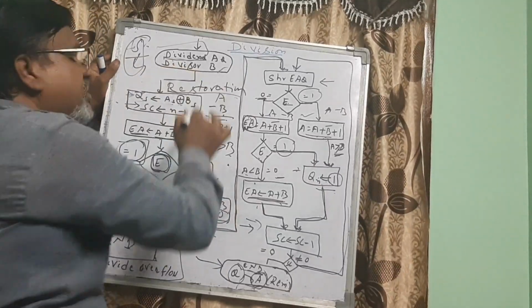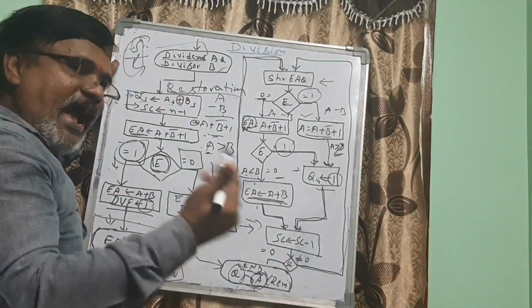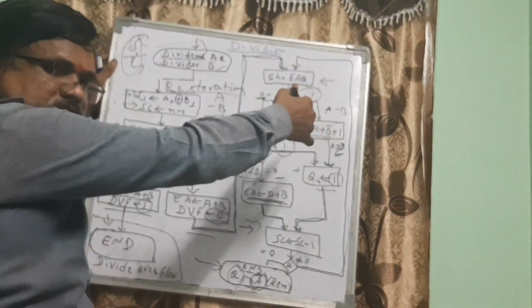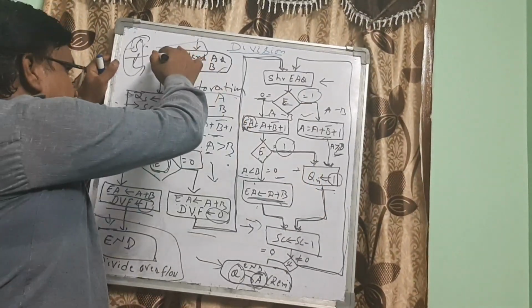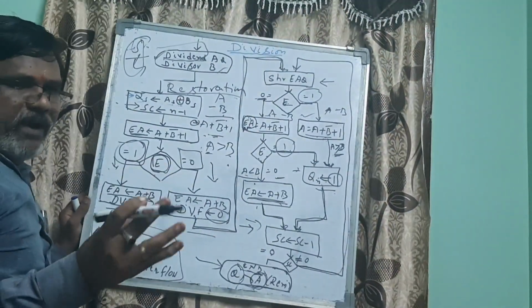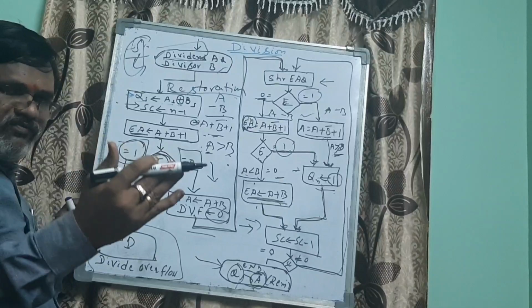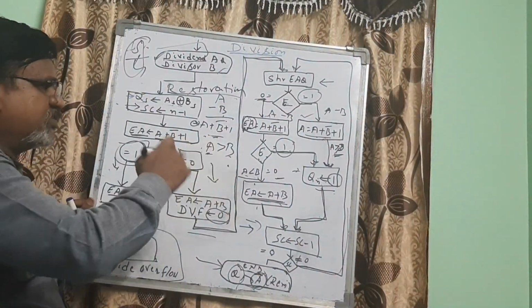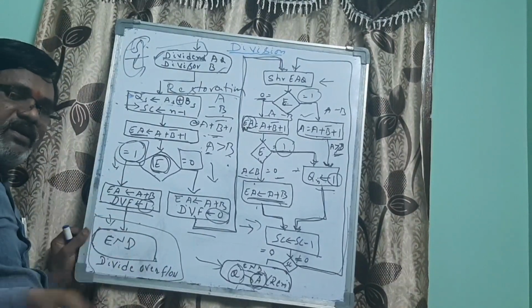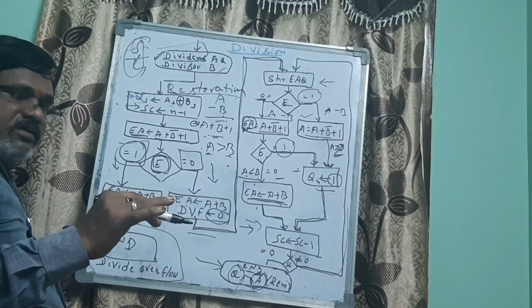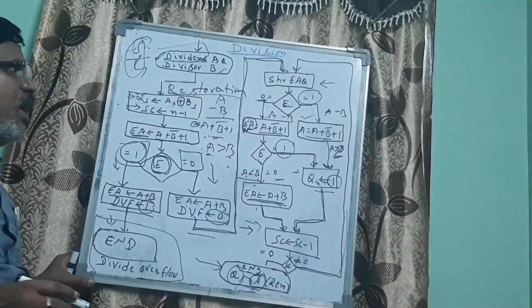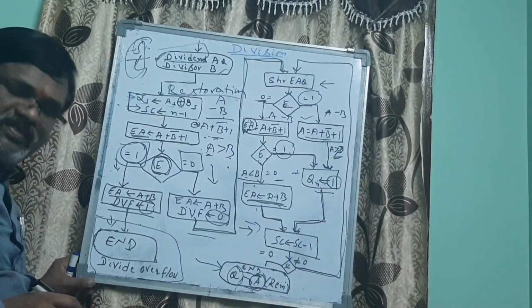Then subtract the divisor from the new dividend. Again, you will get a partial remainder and then get the value from the top, either a 0 value or a 1 value. That becomes a new dividend. So every time you are padding with either 0 or 1 from the top. So that's why this process of restoring the partial remainder as a dividend, this process of performing the division operation, is called the restoration method.